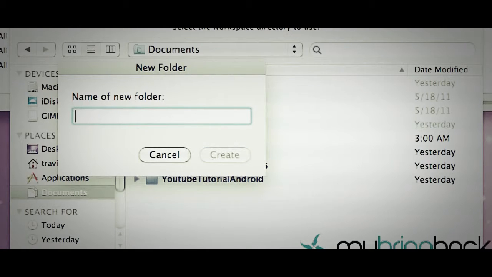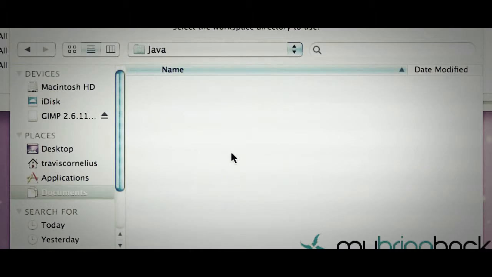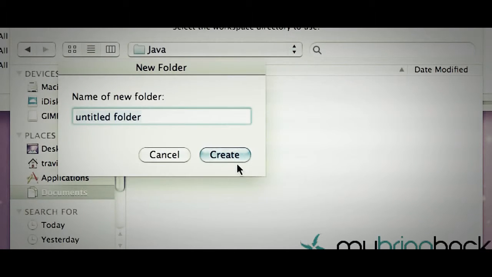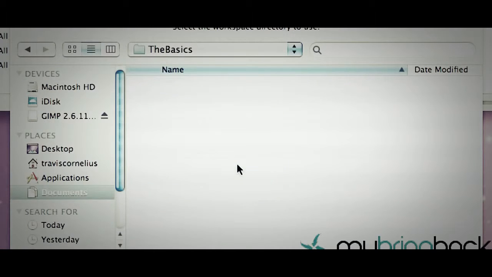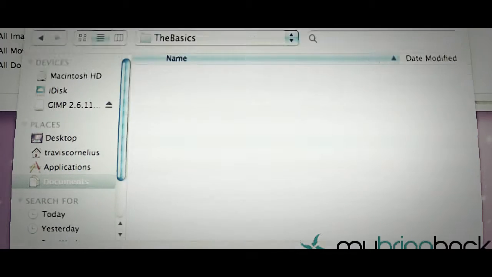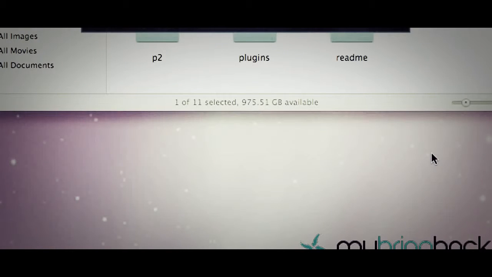Man, the Control and the Apple thing, or the Command or whatever, is really messing me up switching over to a Macintosh. I'm just going to create a new folder called Java, and within this folder I'm going to create another folder called Basics. Hit enter, and this is where we're going to keep our workspace. So we're going to hit OK,